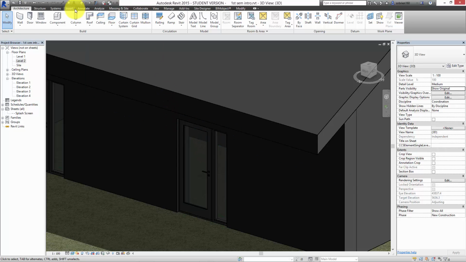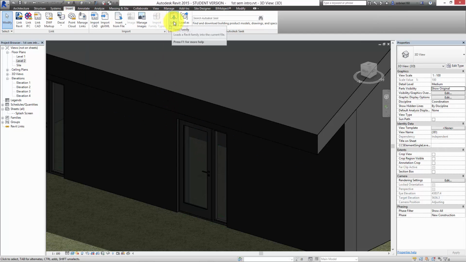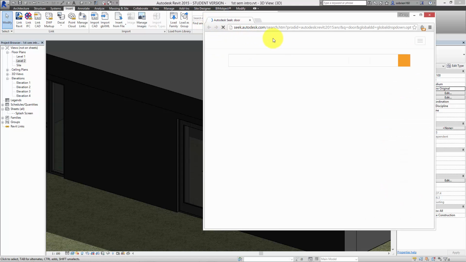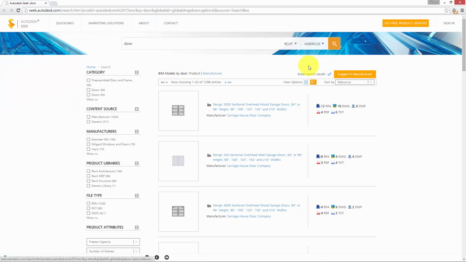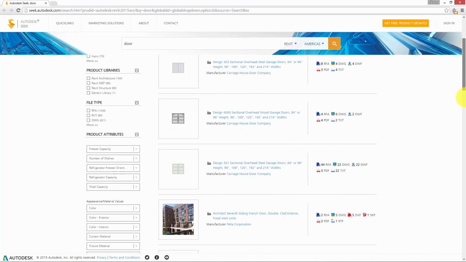So that's the insert that's within the libraries within your computer itself. If you can't find what you want in here, your first port of call is to use this little dialog box here, which is called Autodesk Seek. So this is actually an internet search engine. So if I go in here and I type door and press enter, it opens up my web browser, and this is Autodesk's own library of material that's on the internet,